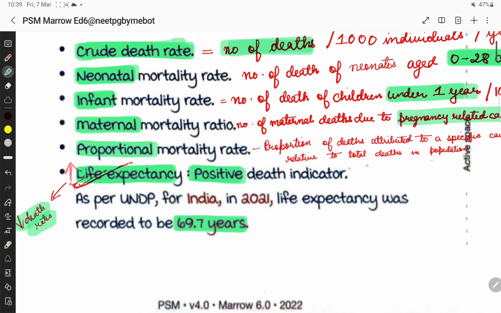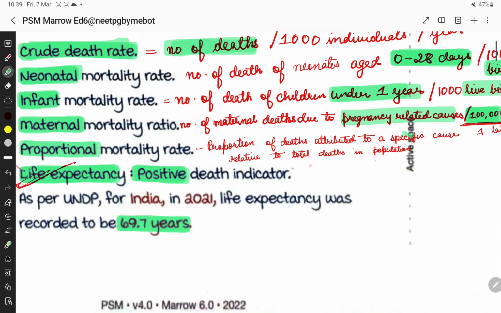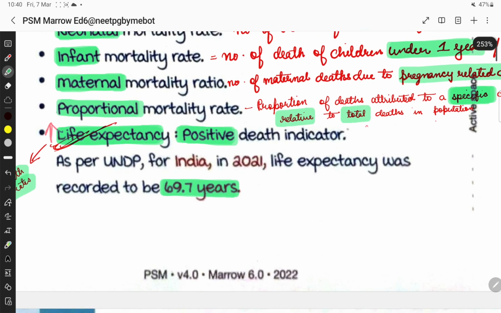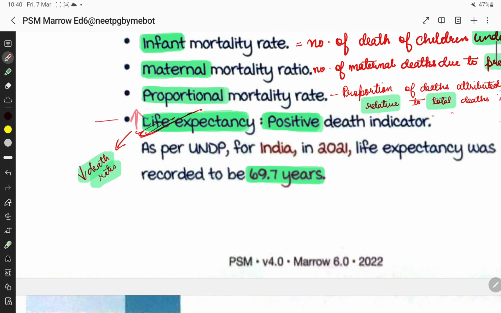Then proportional mortality rate: it is the proportion of deaths attributed to a specific cause relative to the total deaths in the population. Then life expectancy, it is a positive death indicator, because the higher the life expectancy, the better the health